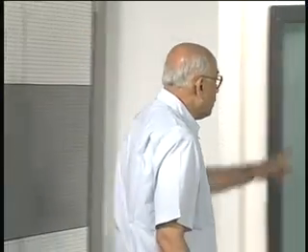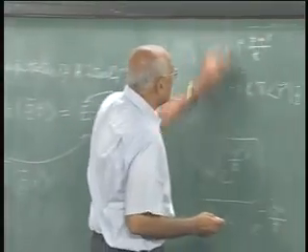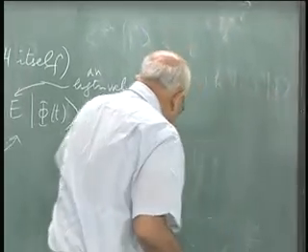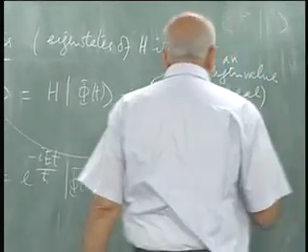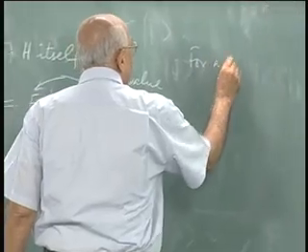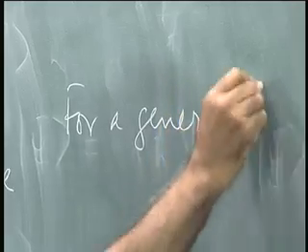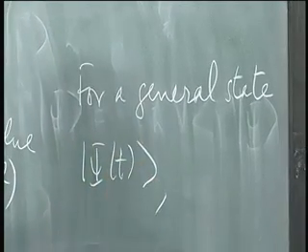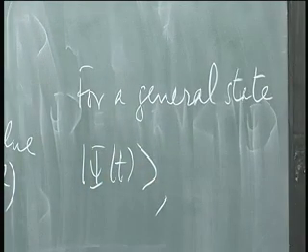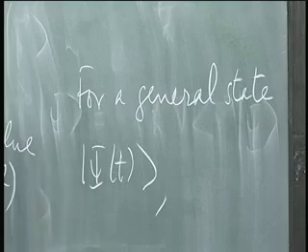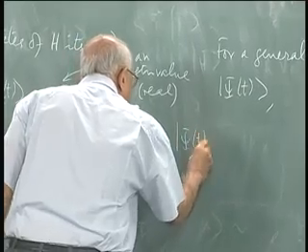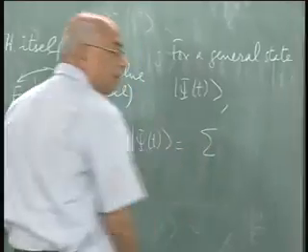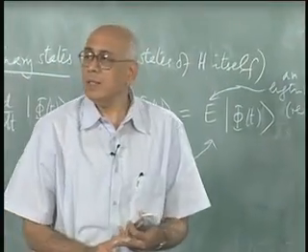That is it. That is not true in general, and the reason it is not true in general is because we can use this now to ask what happens in general. Can I use this to write down the Schrodinger equation solution in general? Well, for a general state psi of t, we could do the following. We could write psi of t equal to a summation over the eigenstates of the Hamiltonian,